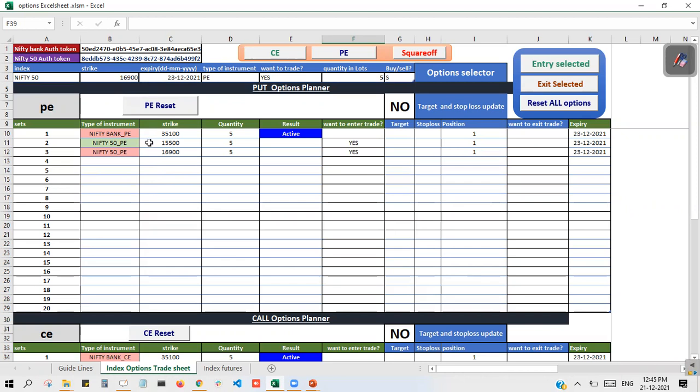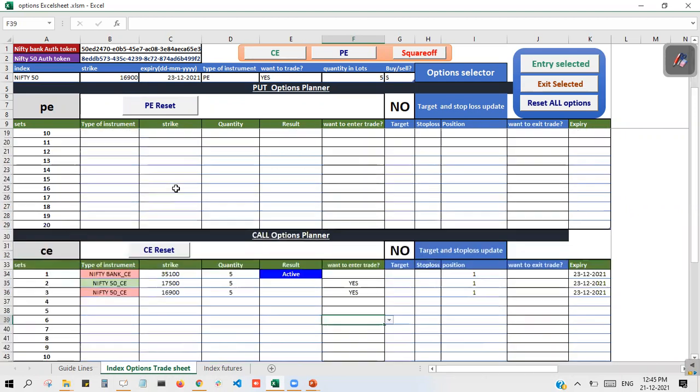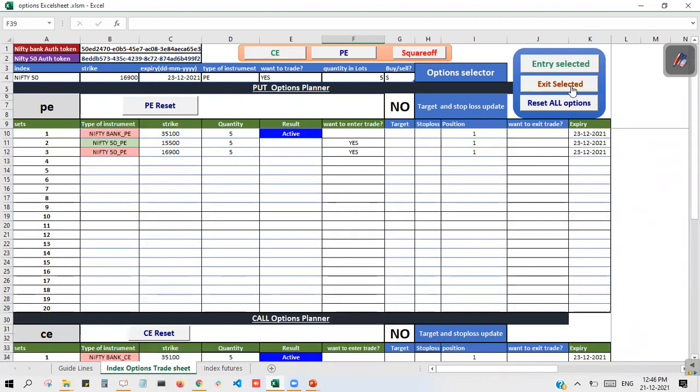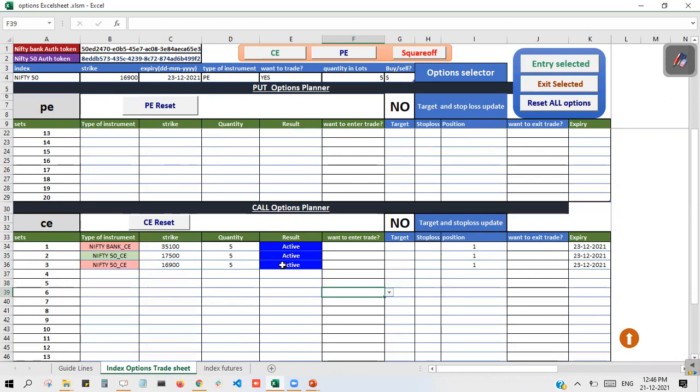I am going to place the 15,500 PE order, the 16,900 order for selling, and the CE 17,500 for buying and 16,900 for selling for CE. Now let us click the entry selected button. As soon as you click the entry selected button, those orders went to the TradeRound.